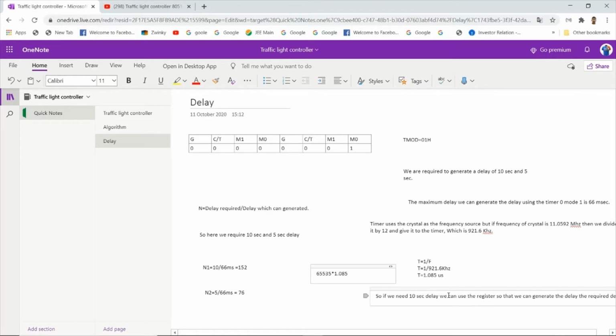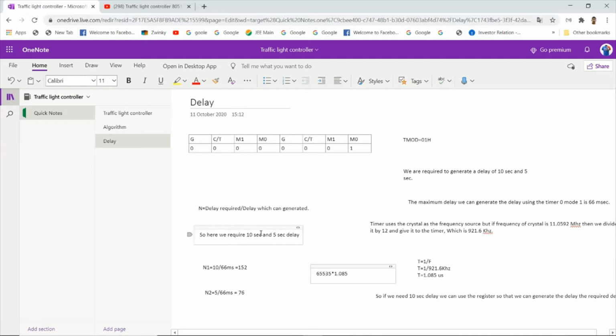We would be initializing the registers with some count, and we would be decrementing that count, generating the 66 milliseconds delay repeatedly until that count is decremented to 0. So that is the idea. The formula is n equals the delay required divided by the delay which we can generate, which is 66 milliseconds.